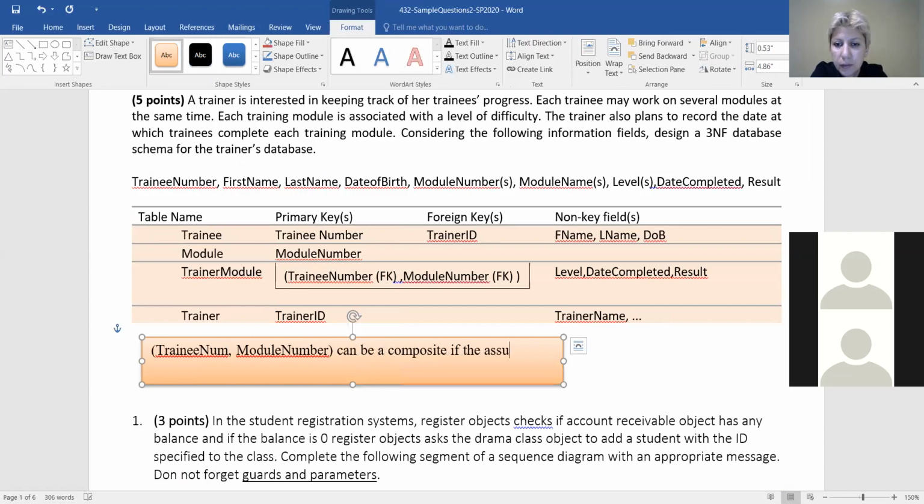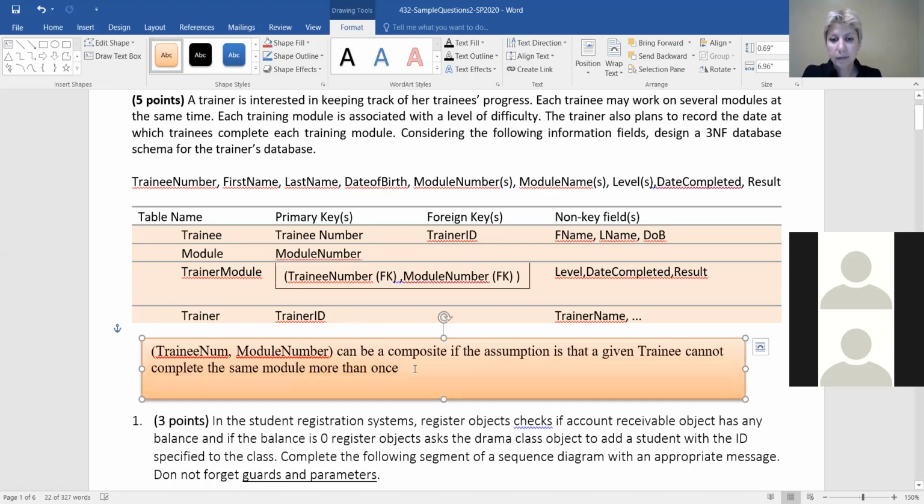if the assumption is that a given trainee cannot complete the same module more than once. If they can complete it more than once, it means that the combination can be repeated. It means that you have to invent a primary key. If that's not the case,